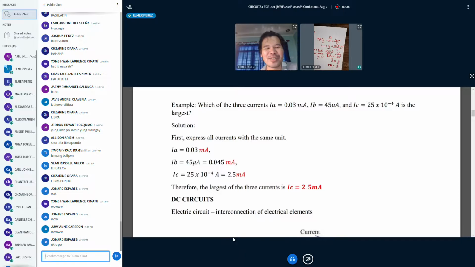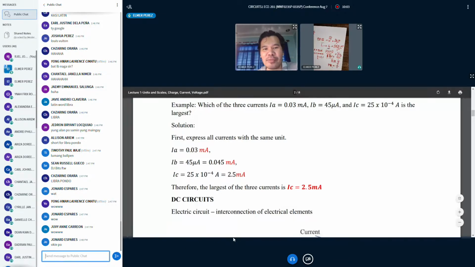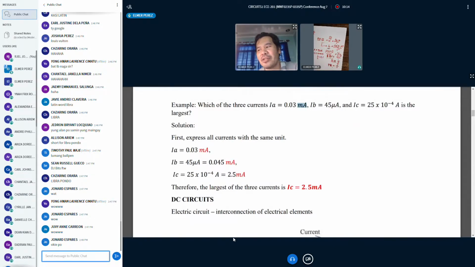Sample daw. Which of the three currents, 0.03 milliampere, 45 microampere, and 25 times 10 raised to 4 ampere is the largest? Dito, hindi mo pwedeng i-compare kung wala sila sa common unit. So based sa solution, in-express niya lahat in terms of milliampere, kasi ito yung pinakamaliit, ito yung milli, so that's times 10 raised to 3. So i-convert mo sila. Pwede naman micro kung gusto mo, kaya 10 raised to 4. Pero ang pinakamadali, if you have your calculator, just press,